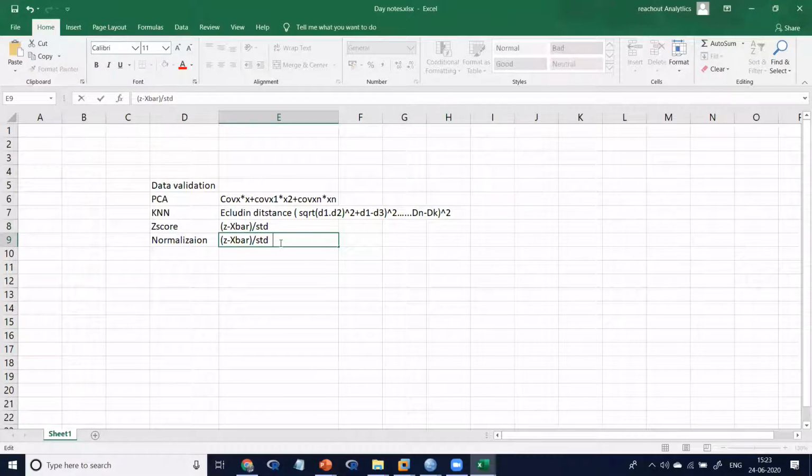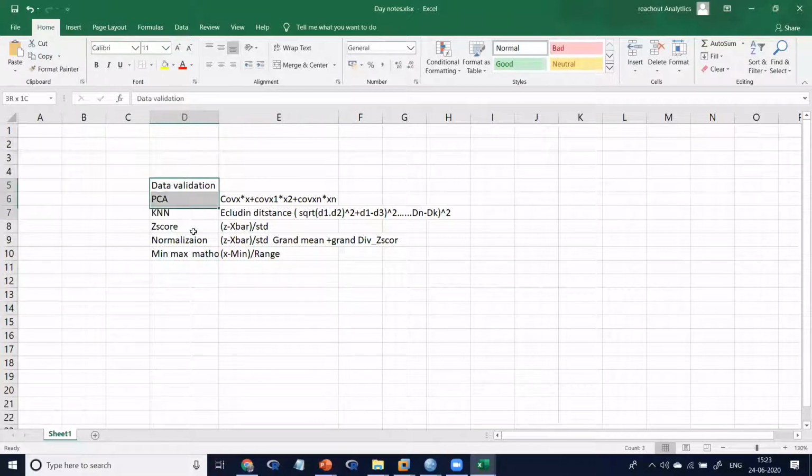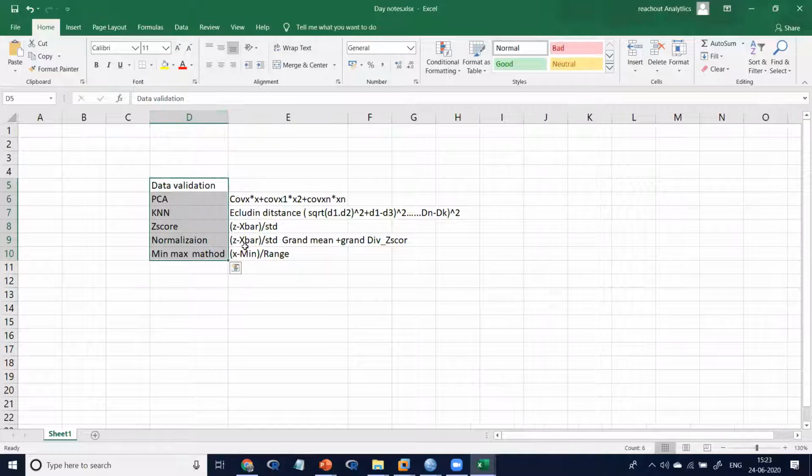Z-score: grand mean plus grand deviation by Z-score is equal to this one. Then the min-max method. The min-max method is X minus minimum by range. Those are all the data standardization methods.